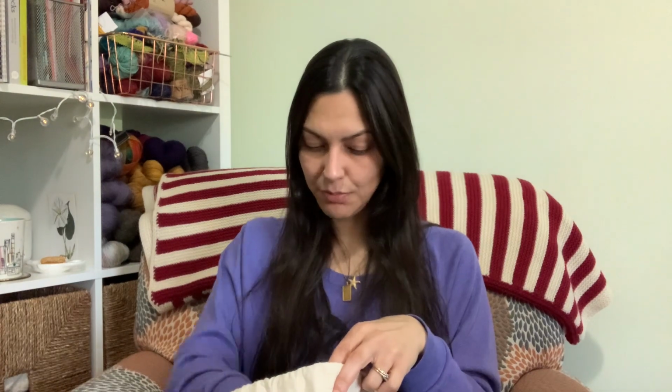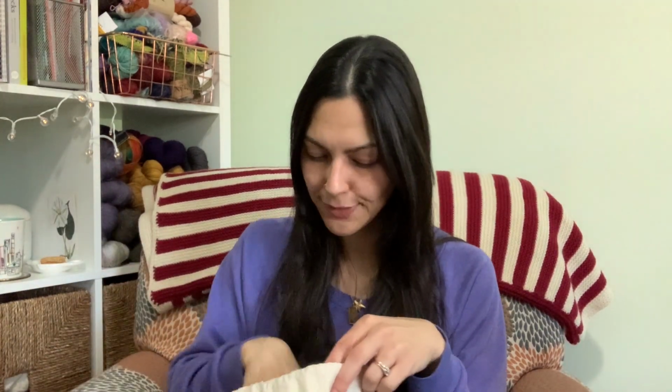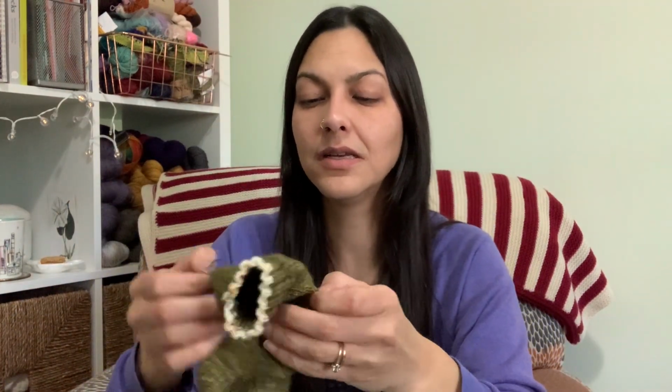And then number 2 is my September socks. That was part of the Yarnable subscription box. It's a hard word. And I finished sock number 1. Oops. All of my markers are still in there because I'm just working on sock number 2 right now. So I got little stitch markers all the way down here. This is the Yarnable